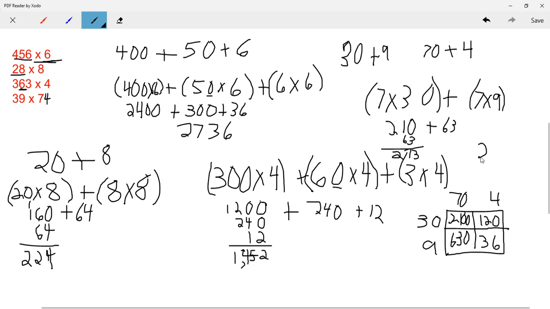Now we have to add all of these up. 2100, 630, 120,